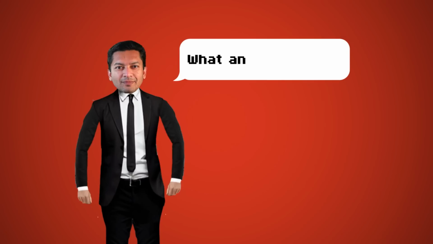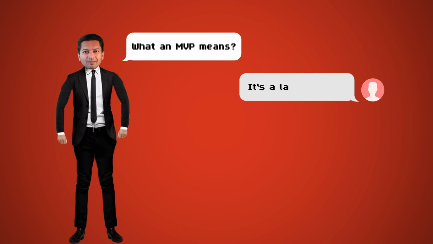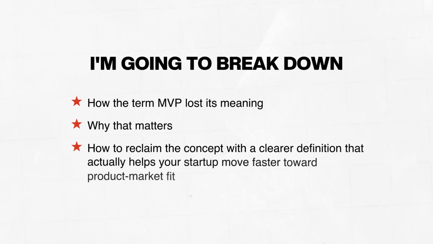When I ask startup founders what an MVP means, I get wildly different answers. It's a landing page, it's a prototype, it's the first version of our product. They can't all be right, but they all use the same term, and this creates real problems in practice. And so in this video, I'm going to break down how the term MVP lost its meaning along the way, why this matters, and how to reclaim the concept with a clearer definition that actually helps your startup move forward